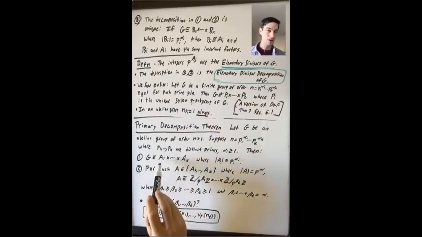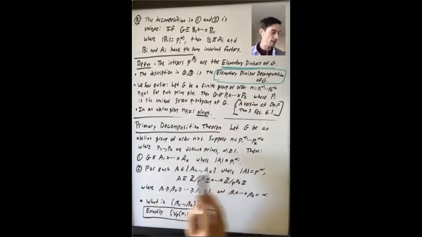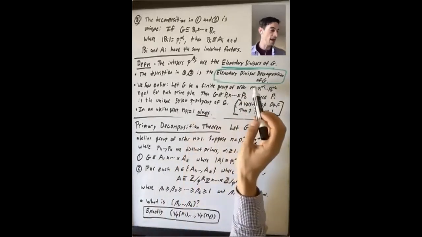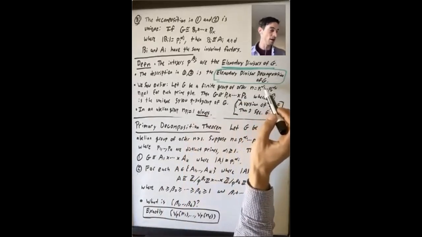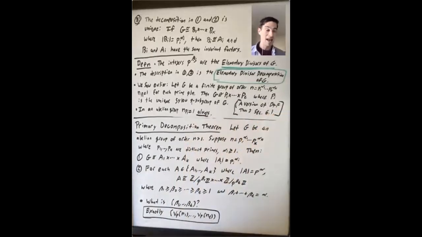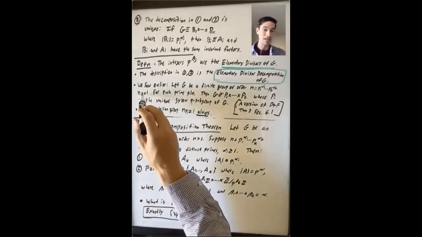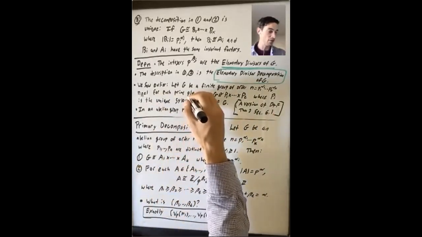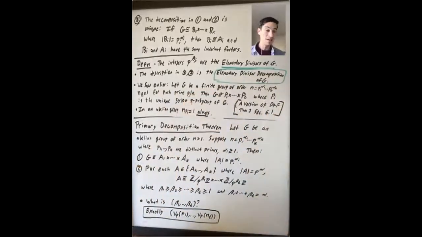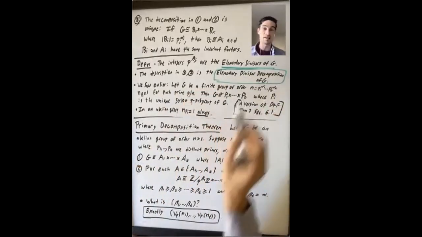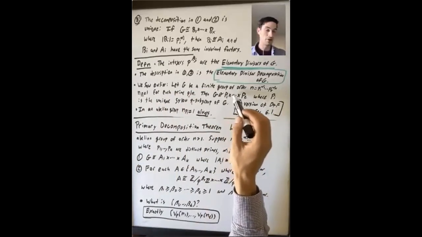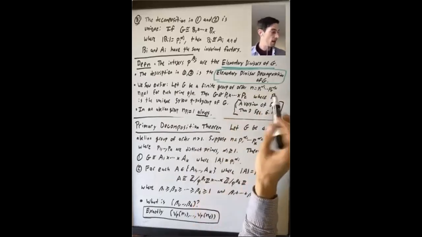But a subgroup of G of order p1 to the alpha 1 is a Sylow p subgroup of G. We've already seen that if G is a finite group of order n, which can be written as p1 to the alpha 1 up through pk to the alpha k, and the number of Sylow pi subgroups is 1 for each prime pi dividing n, so for each i, then G is isomorphic to a direct product of its Sylow subgroups. So it's a direct product of p1 cross cross cross pk,